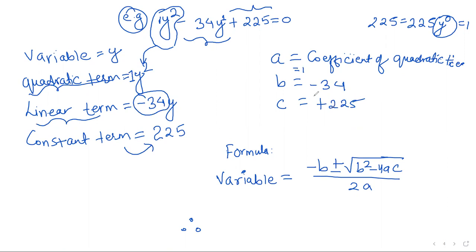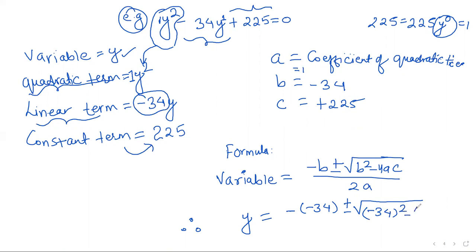So now if you write it in a formula, our variable is what? The variable is y. So we get y equals negative from the formula, and b is negative 34. So you will have negative negative 34 because there are two minus signs. I'm using these parentheses, and then there is this plus minus square root. So b squared is negative 34